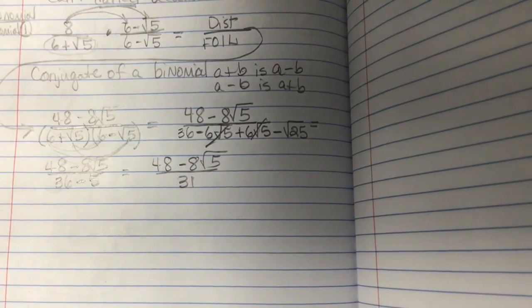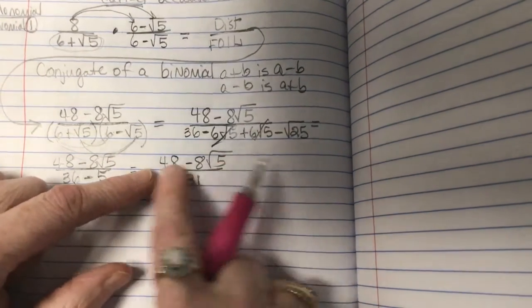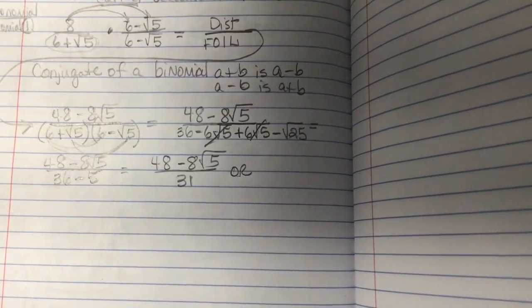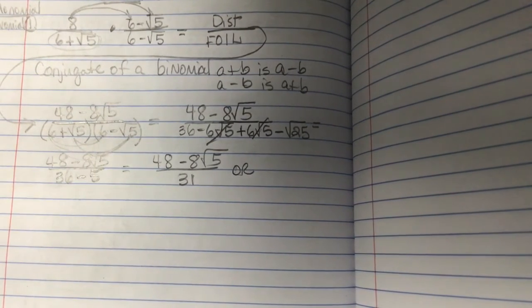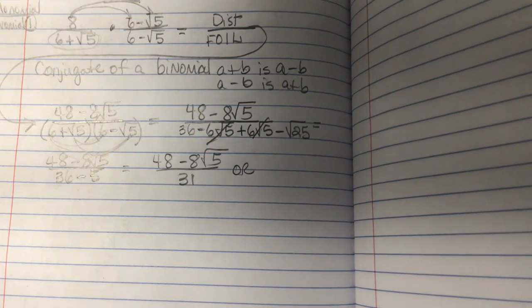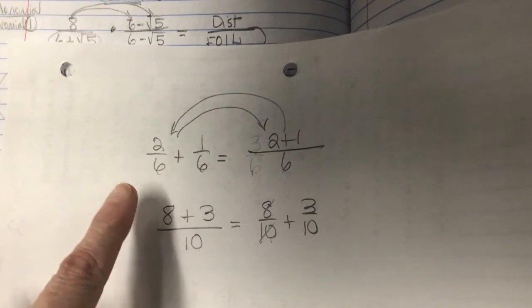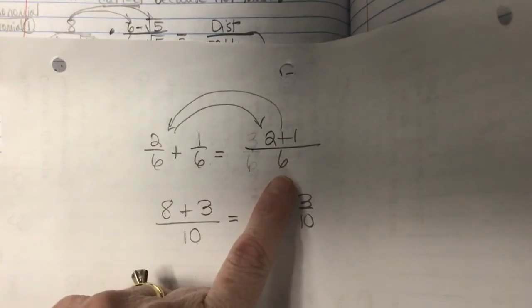Now, at this point, I've always left them like this, but people get confused on whether you can cancel. I don't think you would be tempted to try to do it here, but you can't cancel unless you have multiplication. What we're going to do is going to make a lot of things we do later a little bit easier, some stuff we do with our calculator. If you recognize that if you're adding fractions, this was my whiteboard yesterday, 2 over 6 plus 1 over 6 gives you 2 plus 1 over 6,